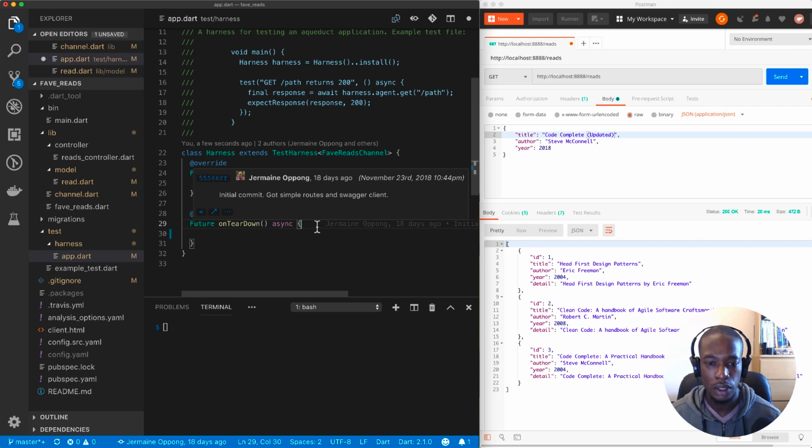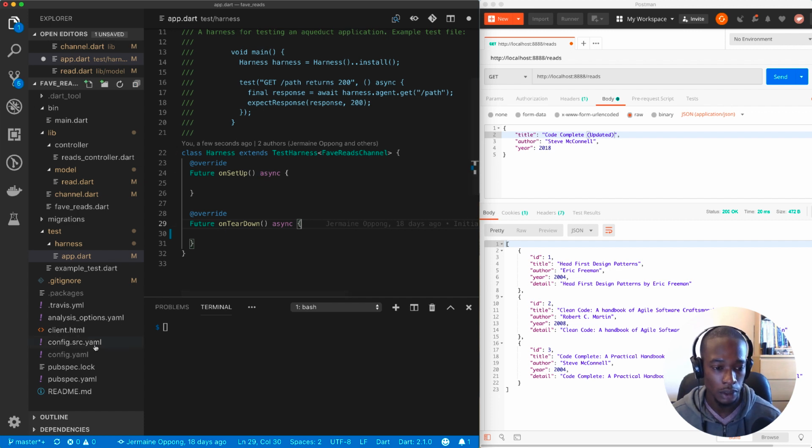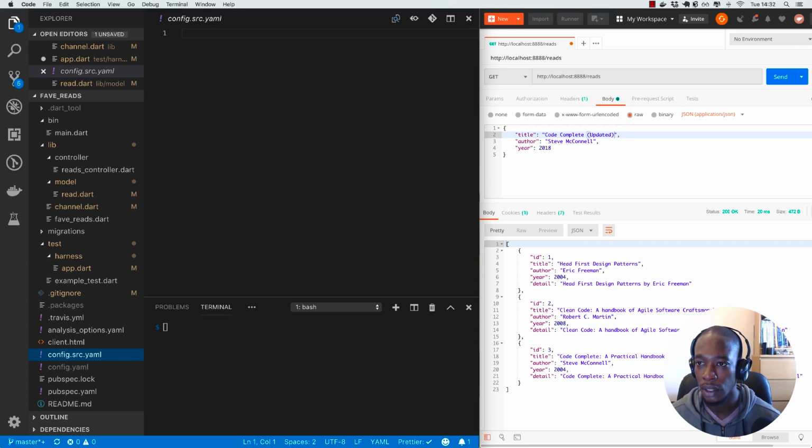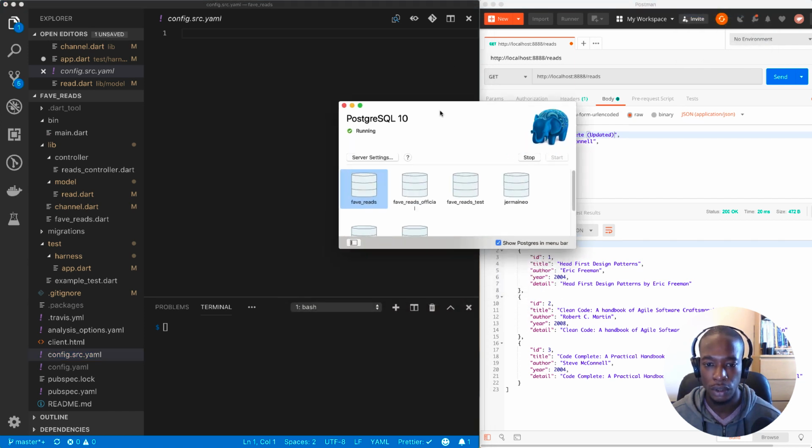So the initial steps we need to take in order to allow us to use this harness is to set up our database, our test database, because at the moment in config.source.yaml we don't have any information for our test database. But to do this, first we need to use the Postgres app, which is loading, should open soon. Okay,